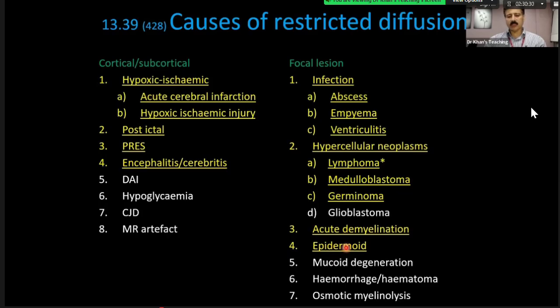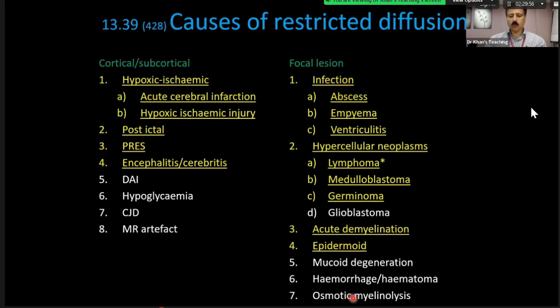Epidermoid is an exam case. Many a times it has come in the exam. Epidermoid is a cyst which is extra-axial. On a CT scan, it will appear just like CSF. You cannot differentiate it from, let's say, an arachnoid cyst. And this is how the case will come in the exam, particularly in, let's say, the CP angle, as in cerebellopontine angle. Epidermoids show restricted diffusion. On the other hand, arachnoid cysts do not show restricted diffusion.